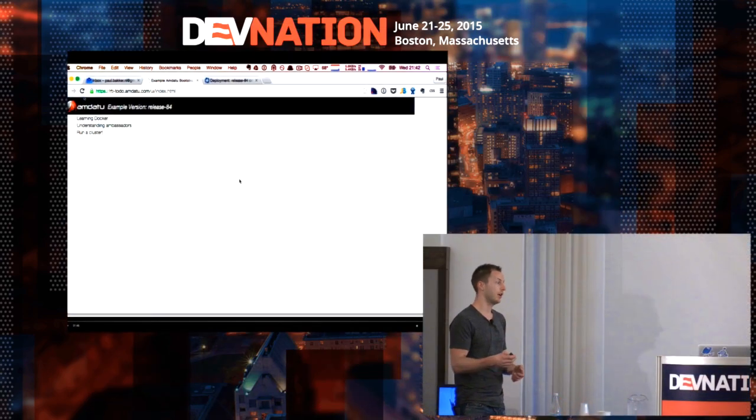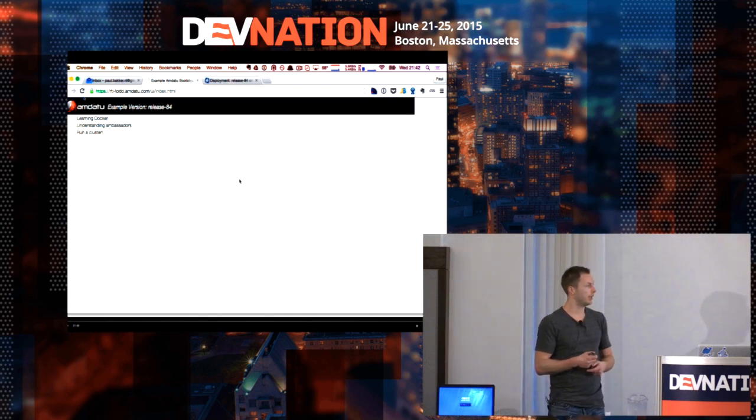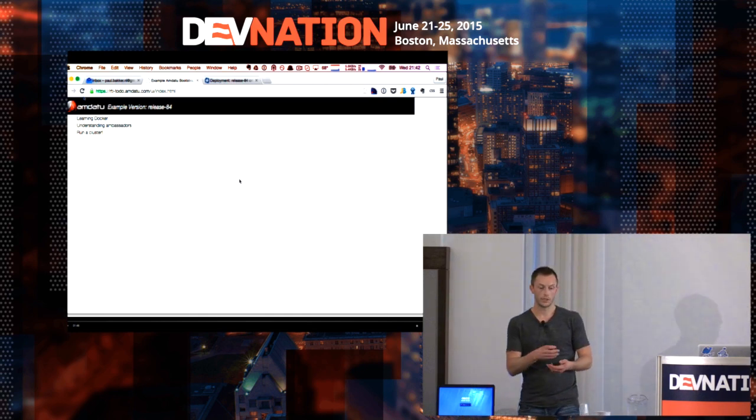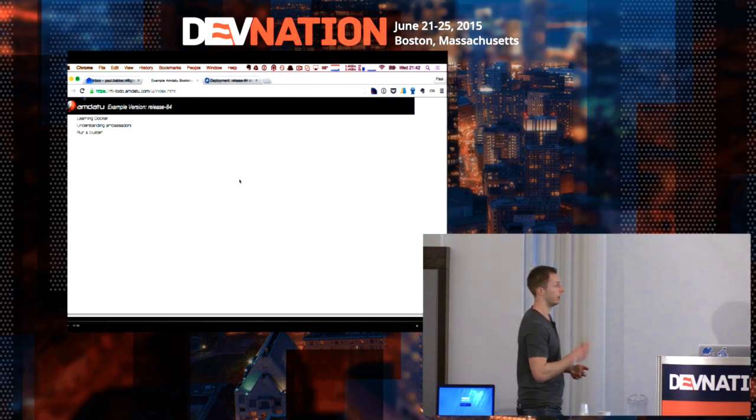But if you actually fire a load testing tool like Gatling, for example, you can actually fire HTTP requests on this application. And even during the switch, you will see none of the requests will fail. So they will go to version 83, well, until we do the hard switch in the load balancer.